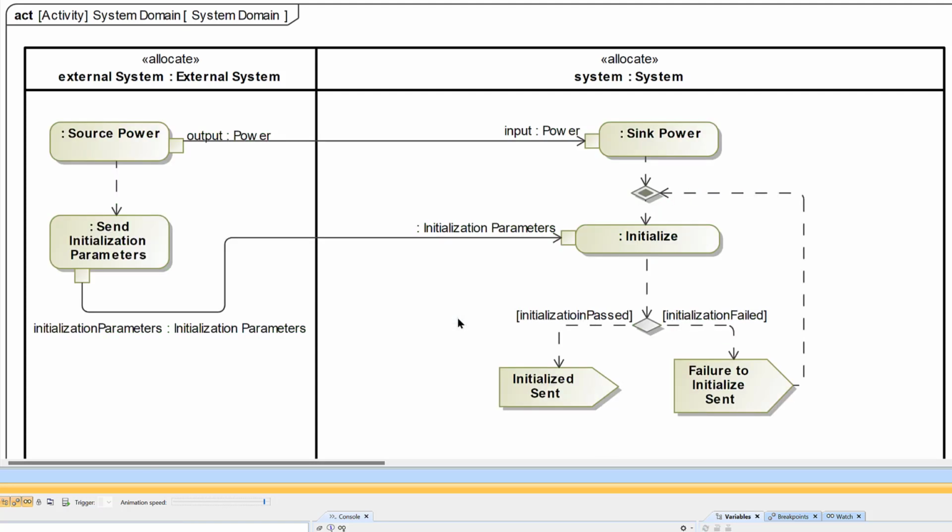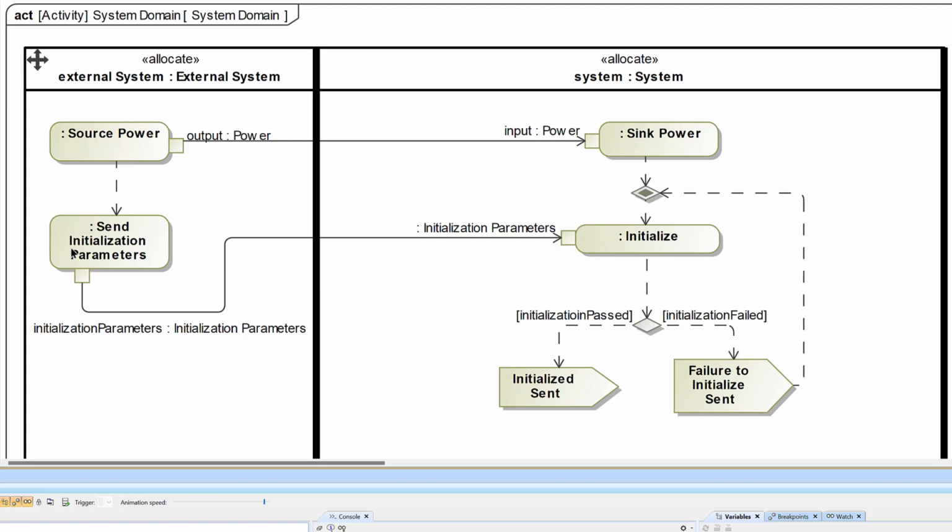What you notice is it just timed out, and the reason is because this initialize activity is actually requiring another input from the pin that is called initialization parameters. Because this control flow provided another input token, it required that other input. However, because there was no inputs given to this action, there were no output tokens or objects sent across this object flow. So what happens is it said, well, I don't have the required inputs, therefore I will